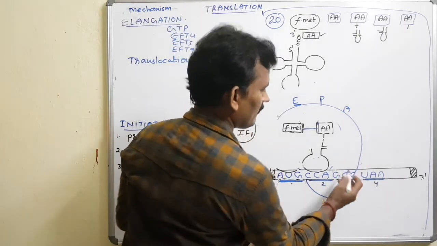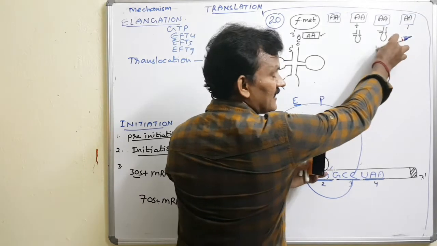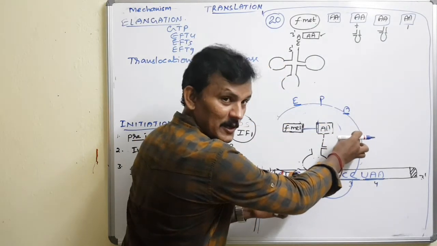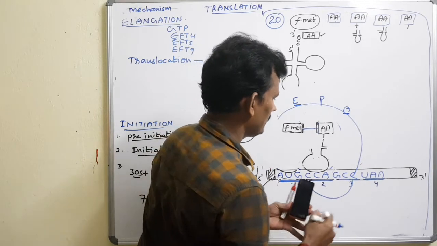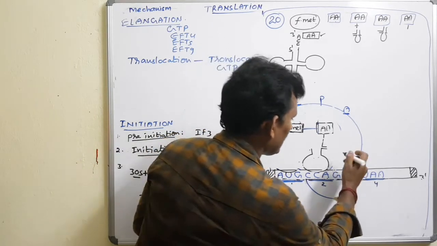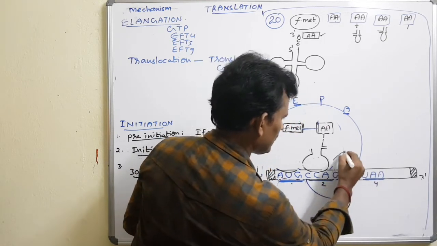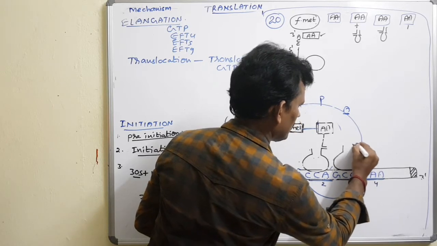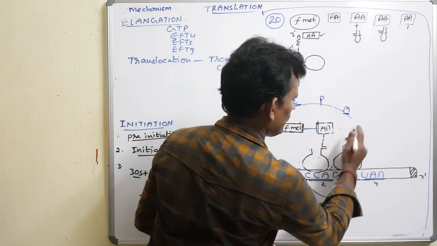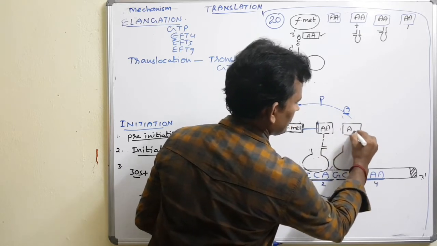Now what about the A site? It will be empty again. So one more tRNA comes in to bring another amino acid. Yes, another tRNA that brings the codon over, another tRNA that brings another amino acid. This is the anticodon arm. So now it has brought one amino acid.